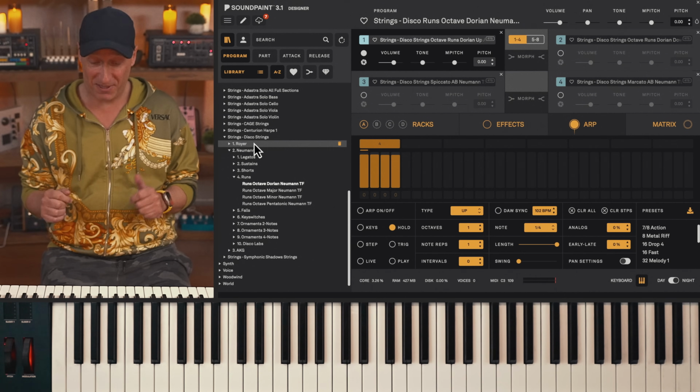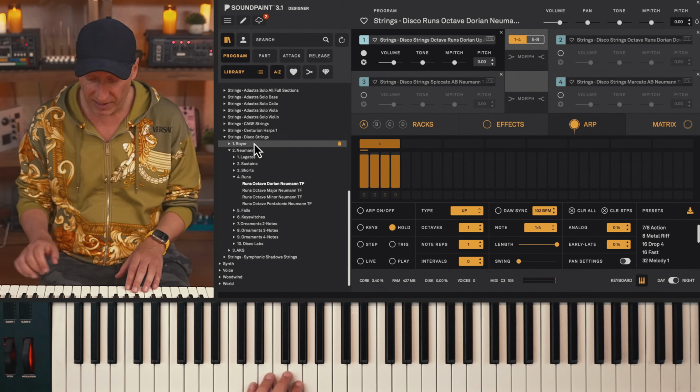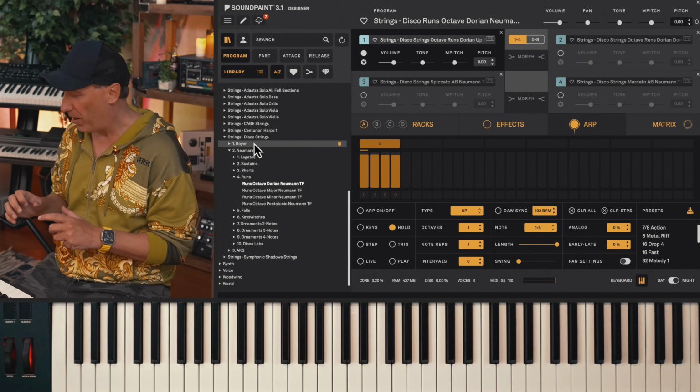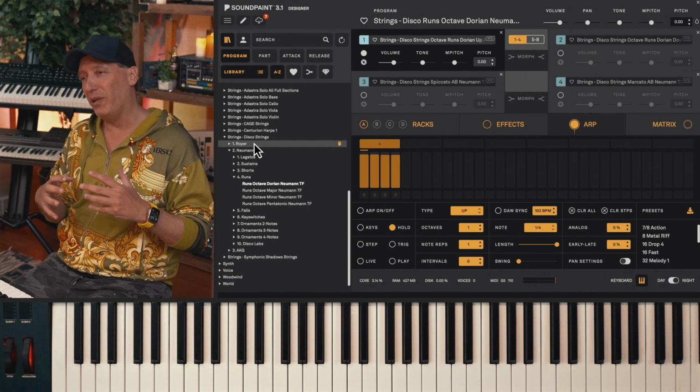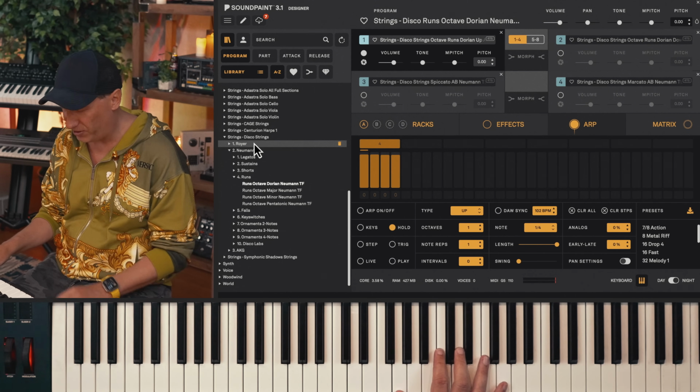Lots of energy in these samples as well. They're not just runs, they're runs with sustains. You don't have to let them sustain, you can just go like that and then go into whatever note you want. But you can also sustain them, which is useful when you want that run to go into something else, and you have that connected quality to them.